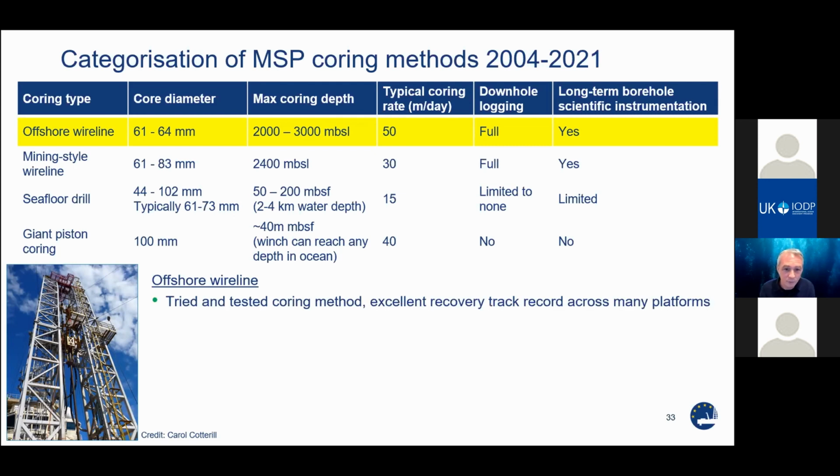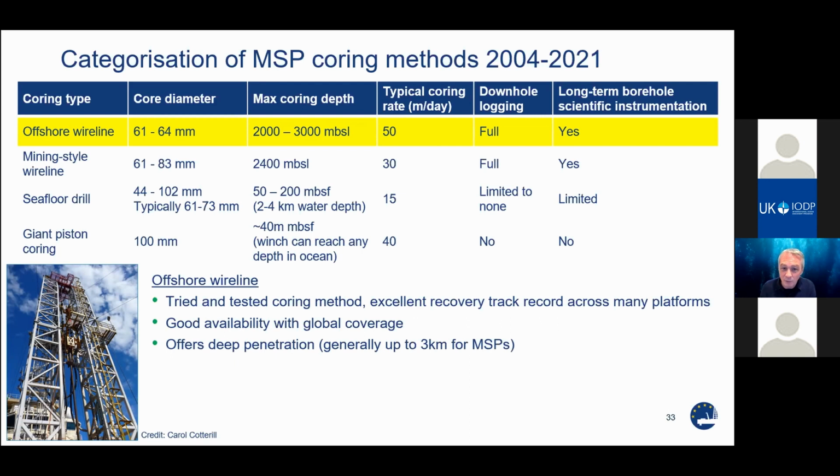So offshore wireline coring is a tried and tested coring method. It has an excellent recovery track record across many platforms going back decades. These rigs are generally available from various market regions across the world. As I've mentioned, they offer deep penetration. So on MSPs, generally up to 3 kilometers. Theoretically, other vessels and rigs that can go deeper could be sourced, but I think those would be prohibitively expensive